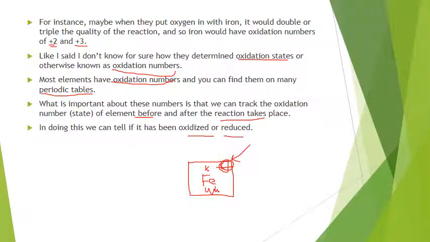I forget what else it can be, a couple other ones as well. But maybe iron might start out as a +3 and then go to a +2. In that case, it gets less positive, and it gets more